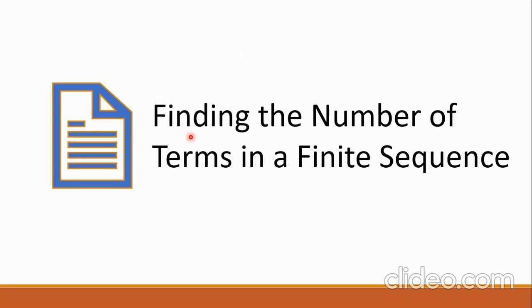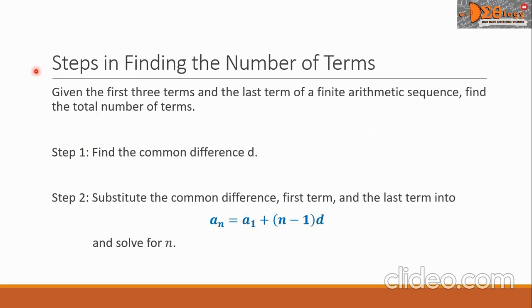Let's go to finding the number of terms in a finite sequence. Here are the steps in finding the number of terms. Given the first 3 terms and the last term of a finite arithmetic sequence, find the total number of terms using these 2 steps. Step 1, find the common difference d. Step 2,